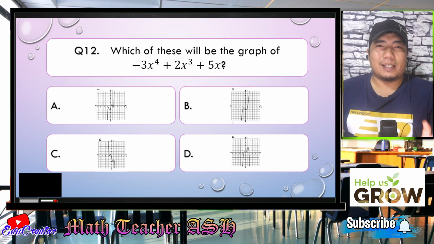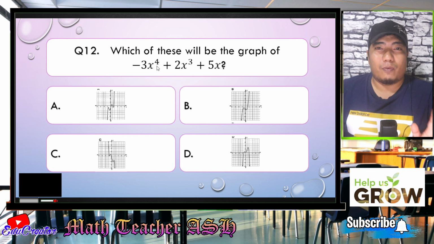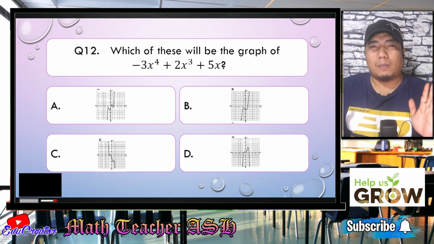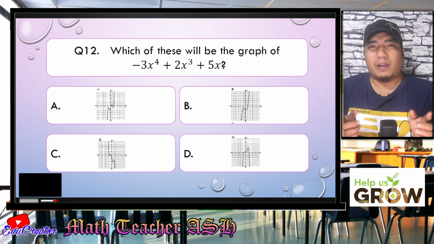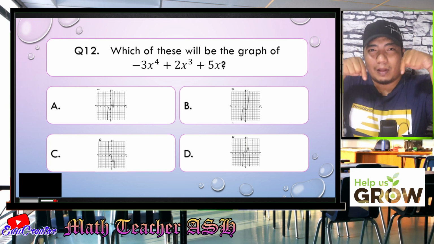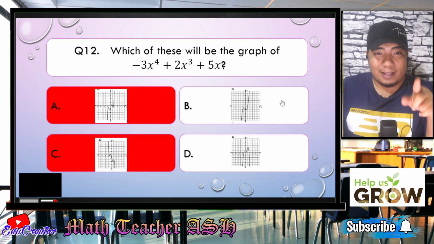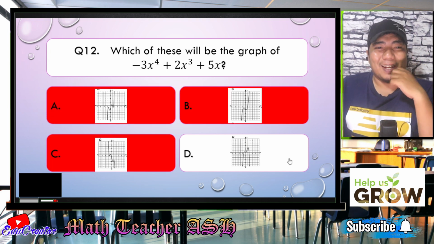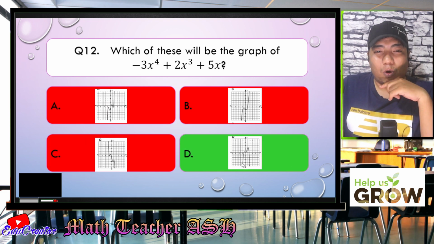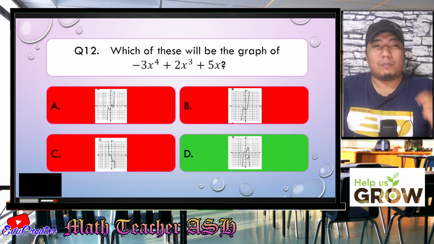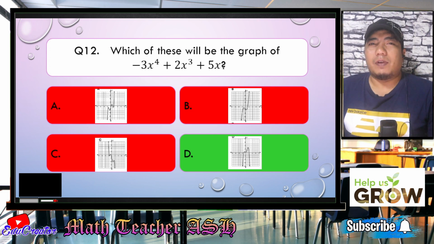Alright, math learners, the same as what we have earlier, question 11. So what we have now is even. So 4 here is an even number, right? So remember, there are two scenarios for even exponent. If it is even, it could be both up or both down. So letter A is already wrong. Letter C is already wrong. Letter B is also wrong. So basically, the correct answer is letter D. Why do we have that all of the arrows go down? Because our value of A is negative. Alright. Easy, right? Very easy, my dear math learners.